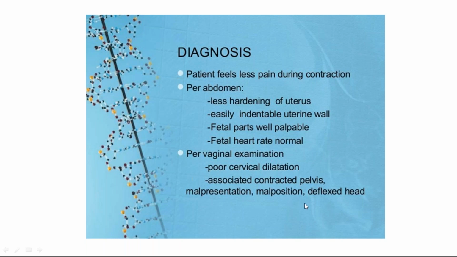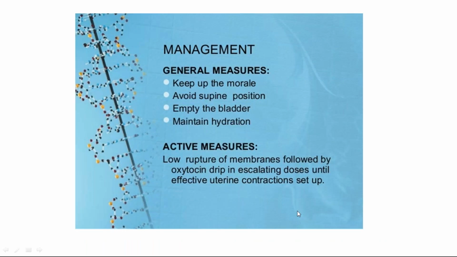So whenever you find that there is an arrest of dilatation or arrest of descent or prolonged dilatation, prolonged descent, those are all abnormalities of the labor, which are called dystocia. We will tell you again when we are discussing dystocia. So you will find that the dilatation is not proceeding well. Always be on the lookout for contracted pelvis, disproportion, malpresentations which you would have missed in the antenatal period, malpositions, deflexed attitude, right?